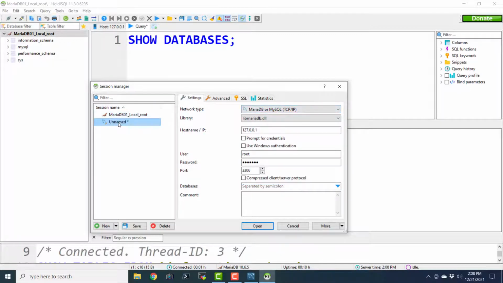Okay, so here I'm going to rename this, and I will say MySQL 01 local root, and I will just save it. Save, and I will just say open.